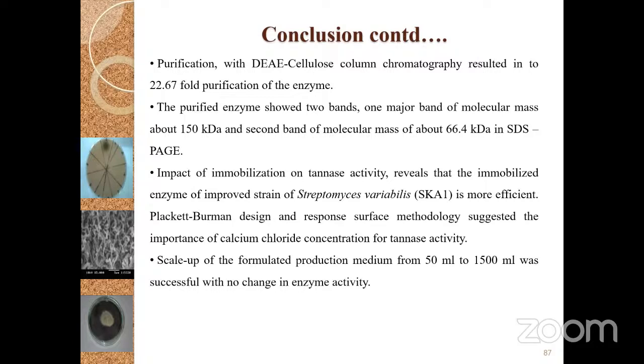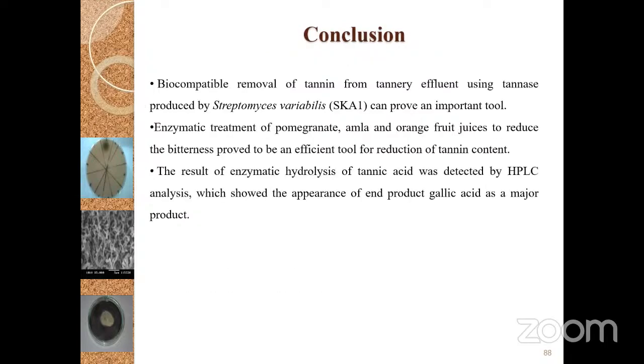Then the impact of immobilization on tannase activity reveals that the immobilized enzyme of the improved strain of Streptomyces variabilis is more efficient, and Plackett-Burman design and response surface methodology suggested the importance of calcium chloride concentration for tannase activity. Scale up of the formulated production medium from 50 ml to 1,500 ml was successful with no change in enzyme activity. The biocompatible removal of tannin from tannery effluent using tannase produced by Streptomyces variabilis can prove an important